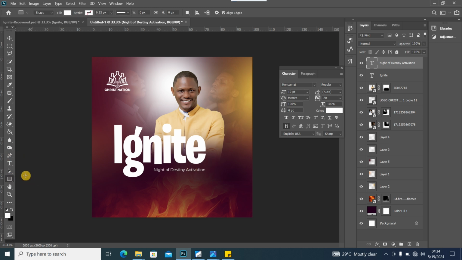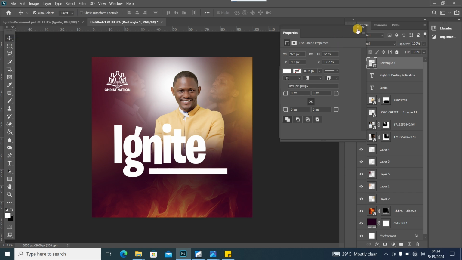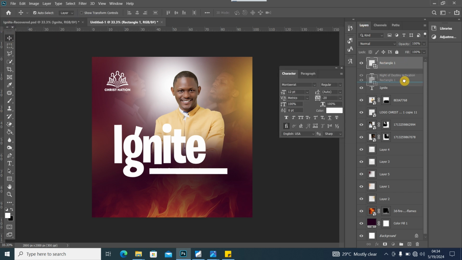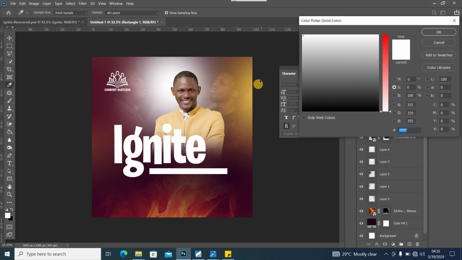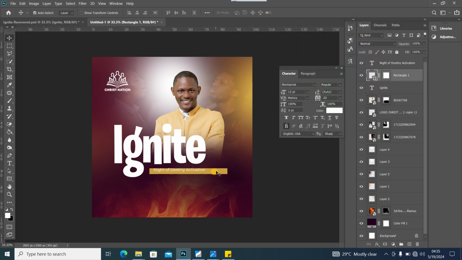Now I'm going to use my rectangular shape tool, and I'm going to create a line somewhere here like this. And once that line is created, I'll bring it behind the text like that. I'm going to add a mask to it, and once the mask is added, I'm going to double click here and change the color to an orange color like that, and I'll just reposition it to something like this, and I'll move my text to this area here. I think I want to make this a little thin, so I'll reduce the thickness like that